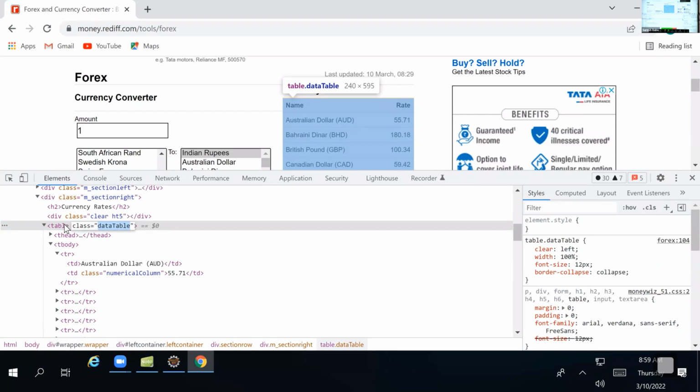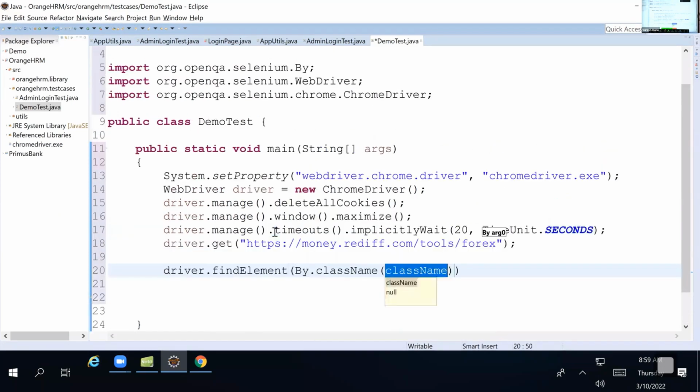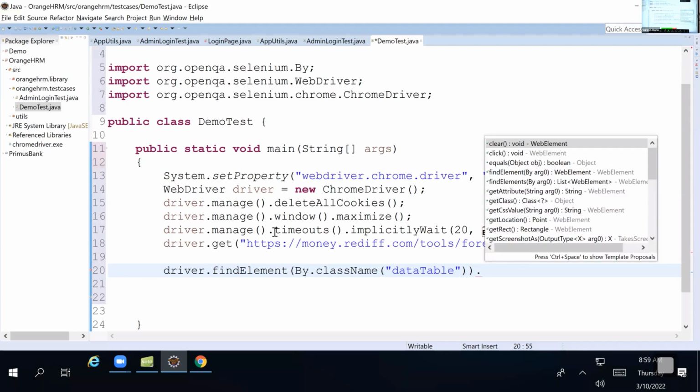First, I'll make Selenium find the parent element, that is the table element, based on the class property. I'm declaring a variable of type WebElement. I'll write the code in this way. Identify the table first. After finding the table,